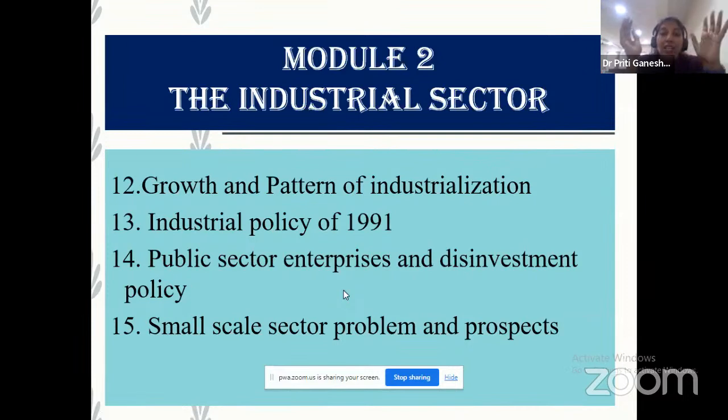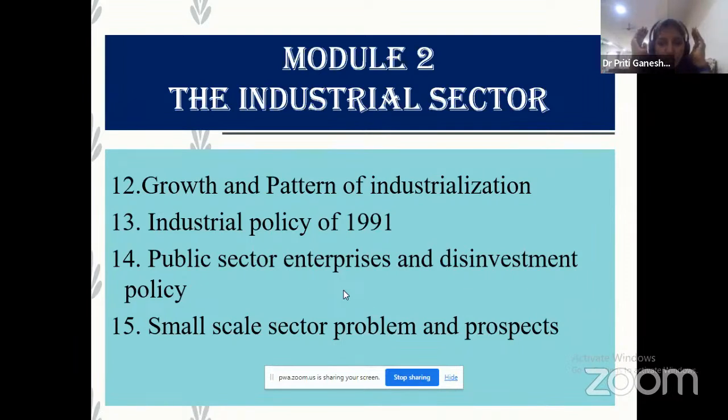So industrial growth, how it happened from the beginning, we can say before 1991 and after 1991. When we introduced the new economic policy in 1991, that is what you have to learn under this. So one thing is clear, students: this semester you will come to know more about how our Indian economy grew from the beginning till today. So it's a very interesting paper.